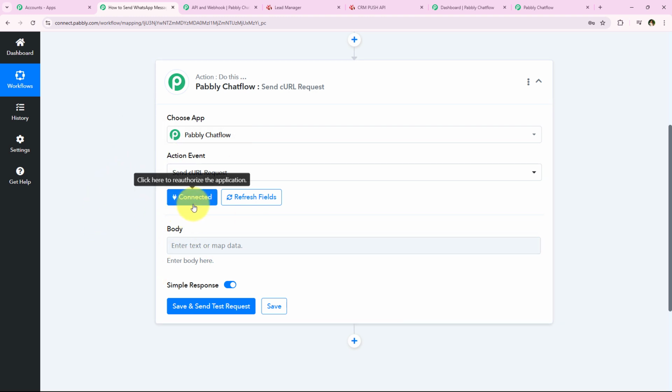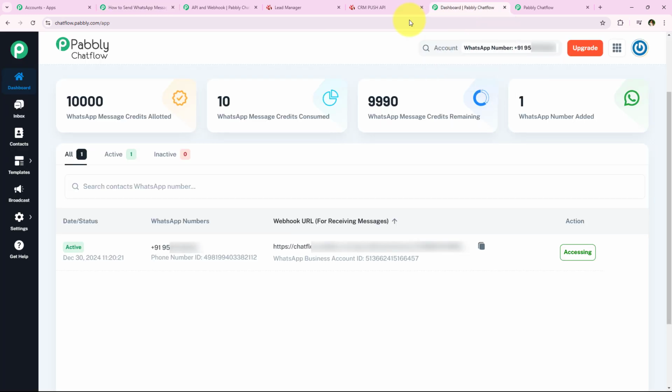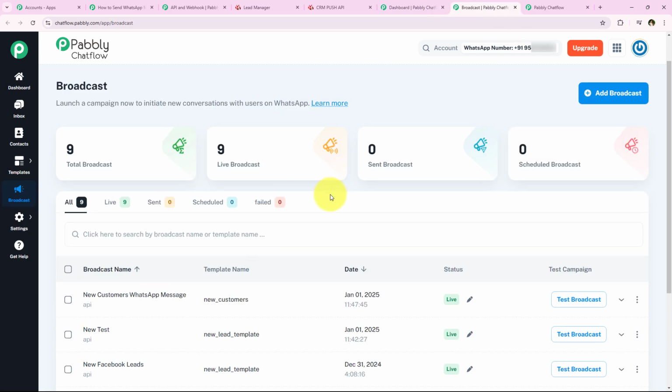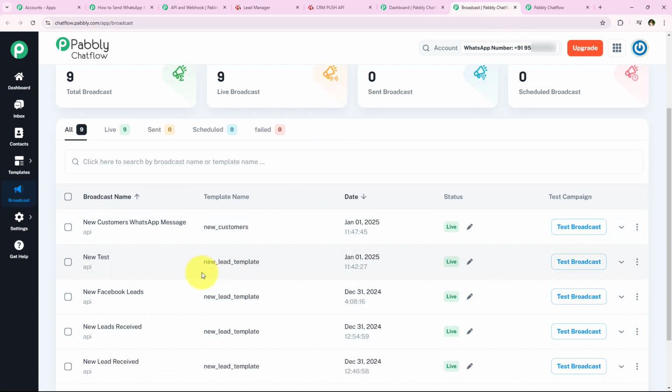So now after creating this connection, it is asking me to enter the body, and to get this body, once again we have to open our Pabbly Chatflow account, and now from the left side of the bar we have to go towards the broadcast. To get this body, first we have to create a broadcast. All right, so I'm just going to go towards the broadcast right over here, and we're going to open this in a new tab. And you can see that over here are all the broadcasts which I have already created,